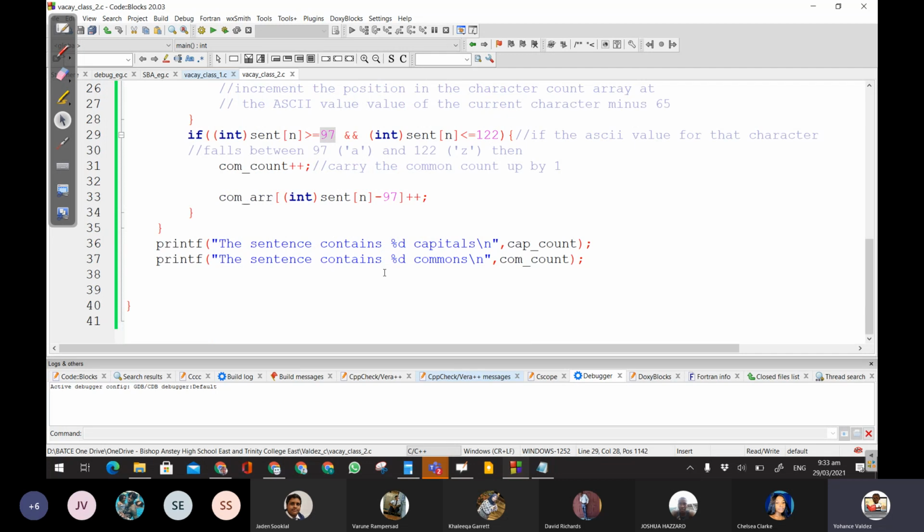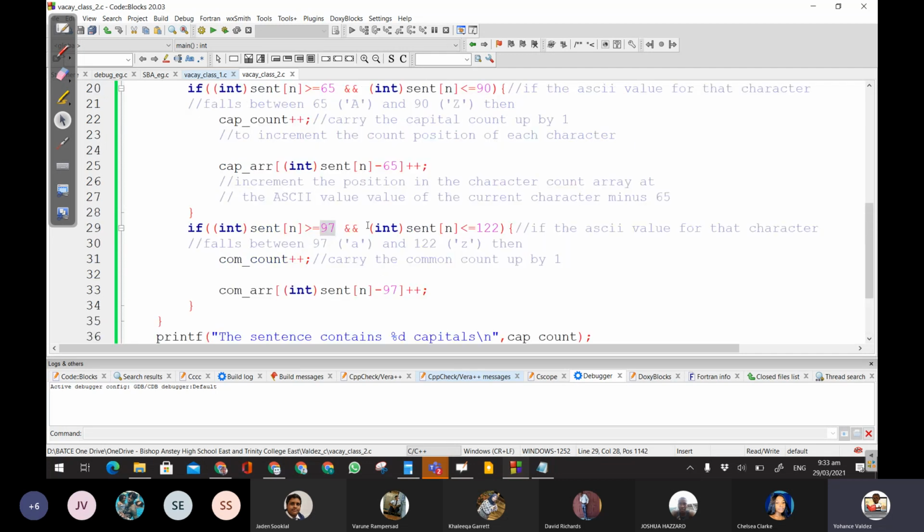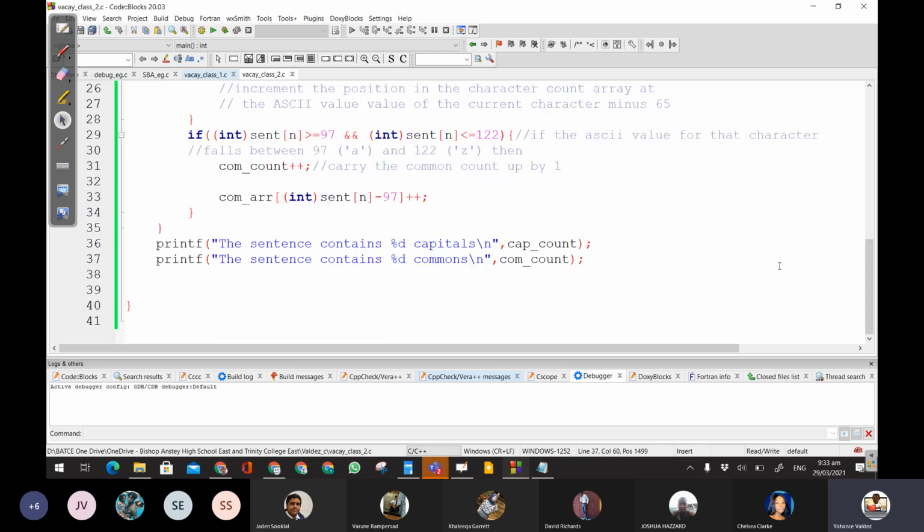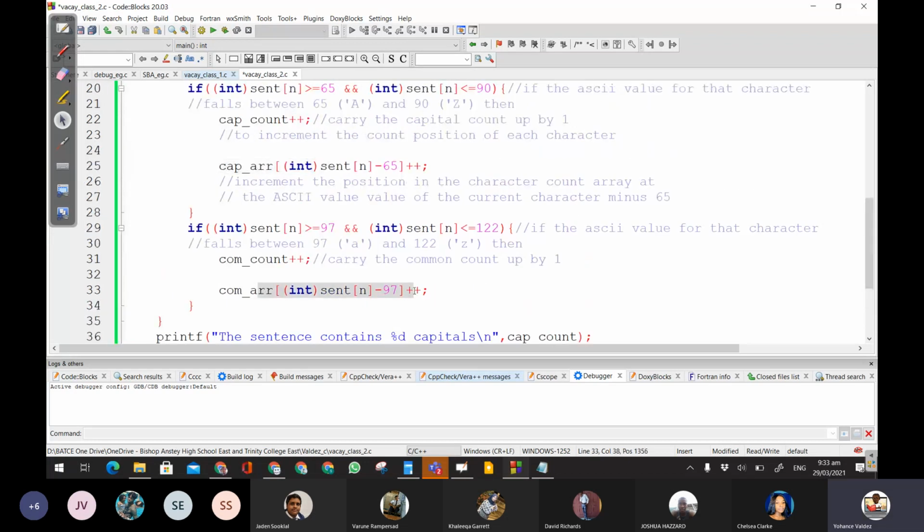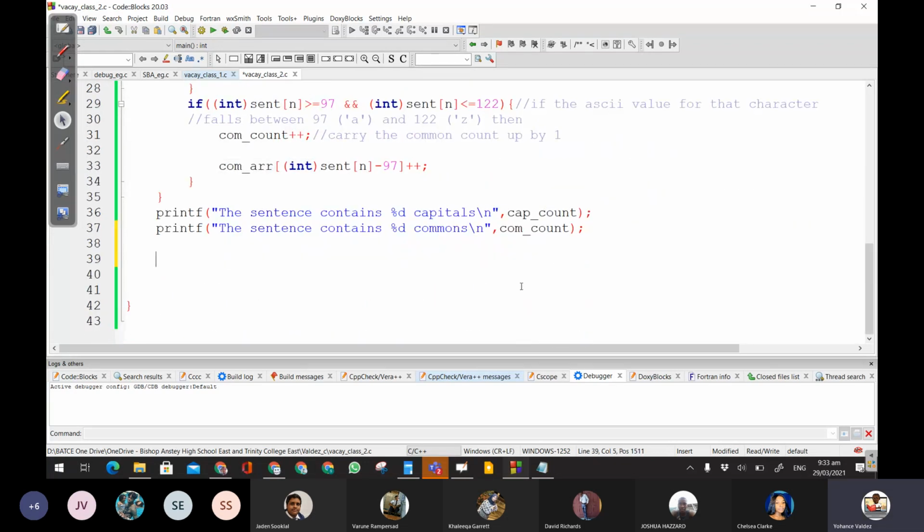So let's see two things. Let's print out the array as it is, and then we'll modify the array to print it out to show only when it has characters. So now we've counted each character, how many times each character shows up in the sentence. And we can say for, and we could use for (n = 0; n < 26; n++). So for every letter of the alphabet,